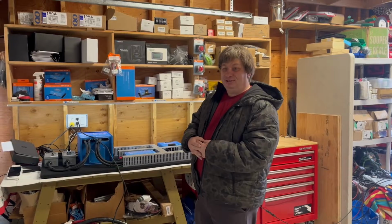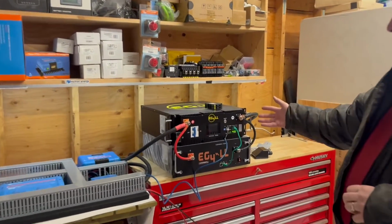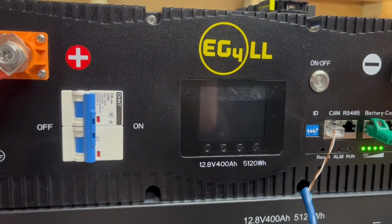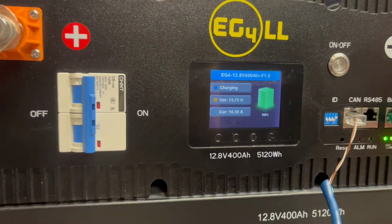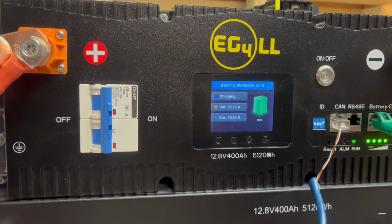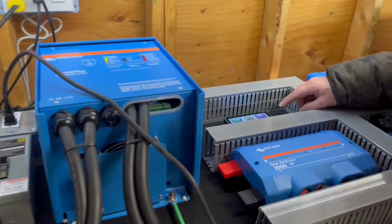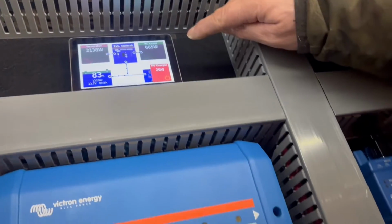We're going to be fully testing this system over here, including a 10 kilowatt bank of EG4 LL batteries. If you press that button, the screen will light up. And we are currently charging these batteries and discharging at the same time as we're right now plugged into a house load. So we'll show you here the Victron Cerbo GX is located right here, and over here you can